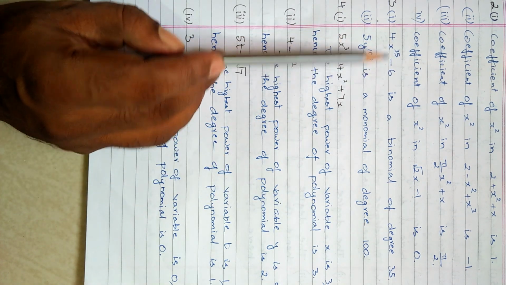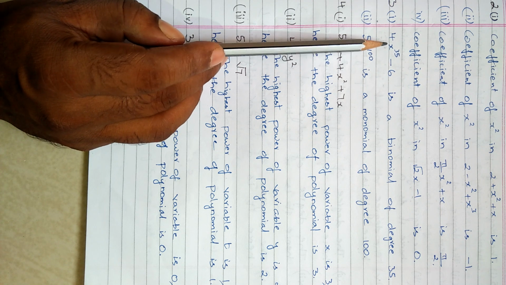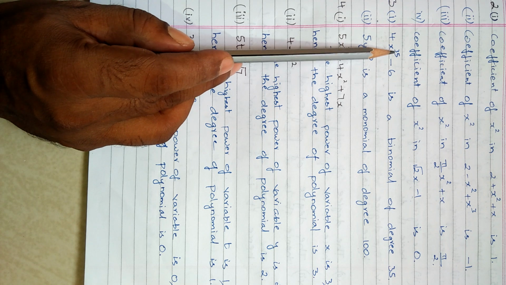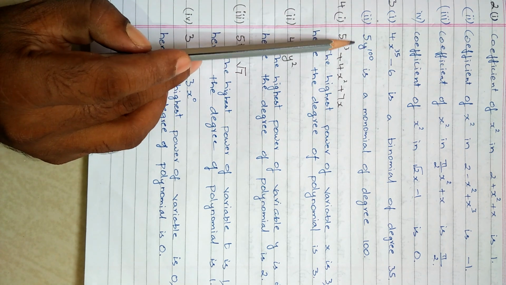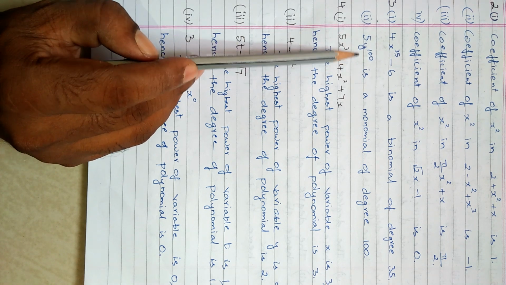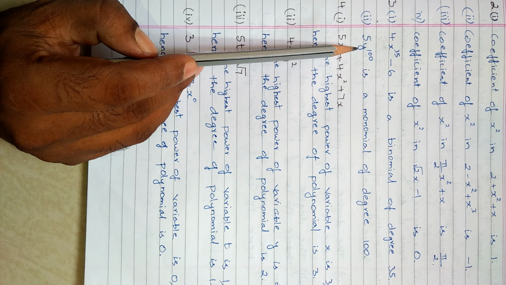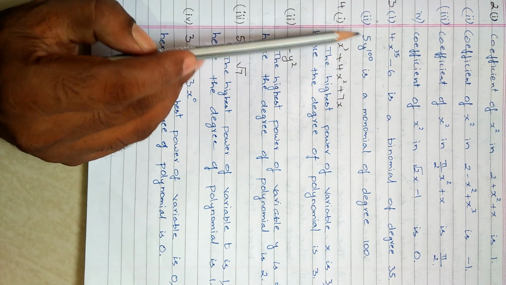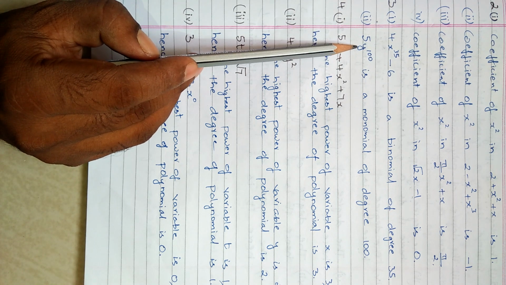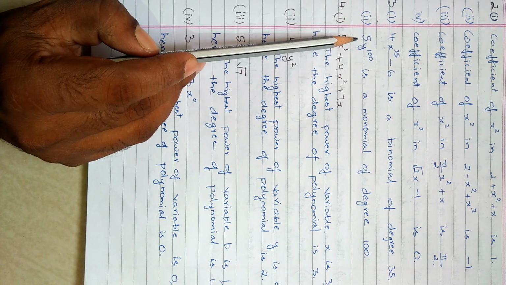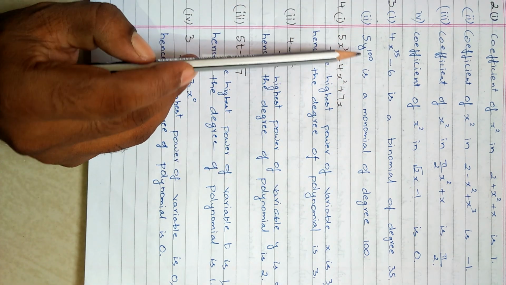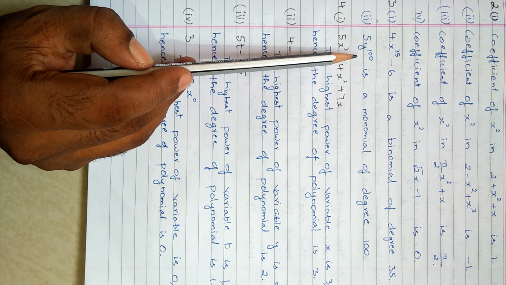Like this you can write any number, and any variable, x, y, z, also you can give. The maximum power should be only 35. We should not write more than that. Okay, second one, they have asked for one monomial of degree 100. Monomial means you should have only one term alone. See, 5y power 100, I have given as an example. So y power 100 has only one term, and the maximum power should be 100. Therefore we have taken 5y power 100 as a monomial of degree 100. Like this you can give any example.